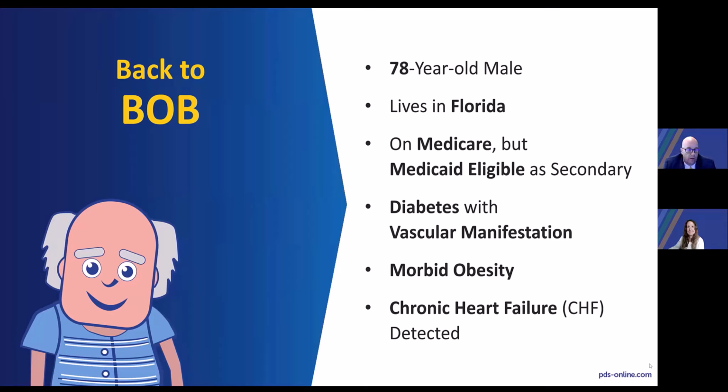CMS also provides for an interaction score for certain conditions. And Bob may not have that high of a score compared to other patients, but we can take our diagnoses and visit data and score all of our patients, regardless of how old they are and regardless of the payer. Yeah, now these numbers actually do mean something, and they were put into place for value-based care from a reimbursement